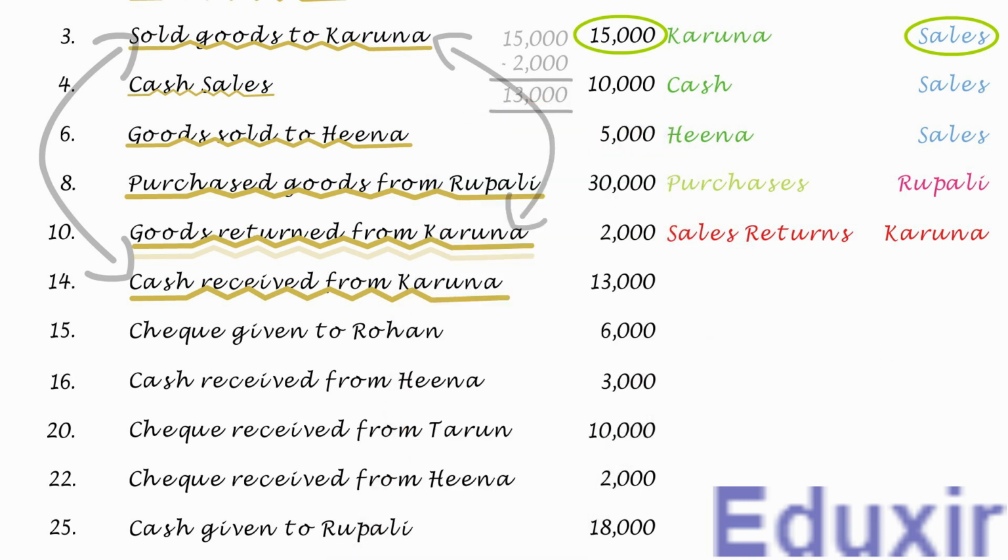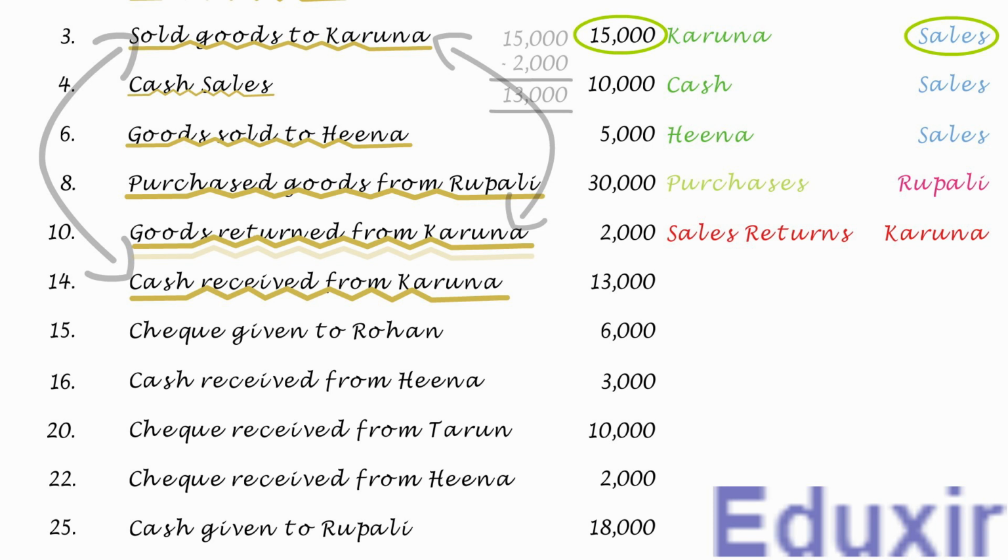Karuna is now returning all these 13,000 rupees. So there is no discount involved. With this information at our disposal, let us proceed with the analysis of this transaction. As the debtor is returning 13,000 rupees that she owes to the business, the liability of the debtor is decreasing. Please note here that I am referring to the liability of the debtor to the business and not the business liability. So in this transaction, the debtor asset of the business is decreasing.